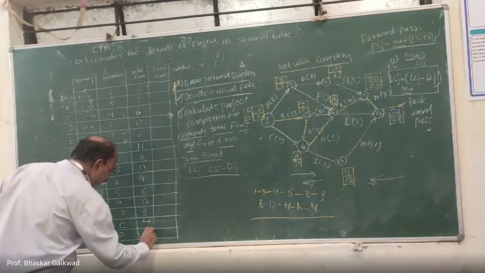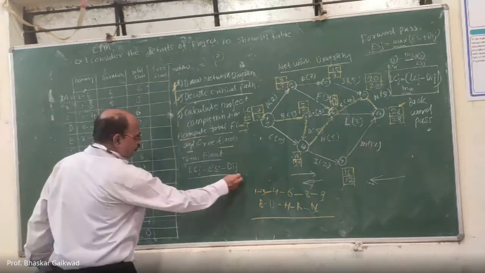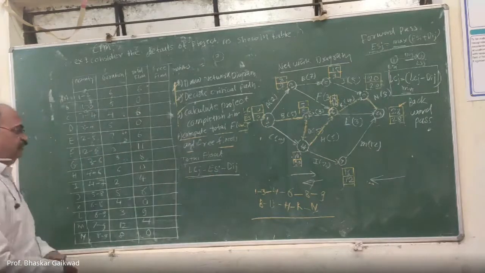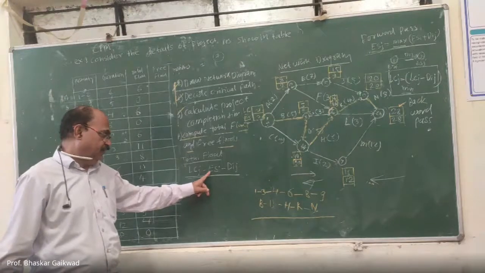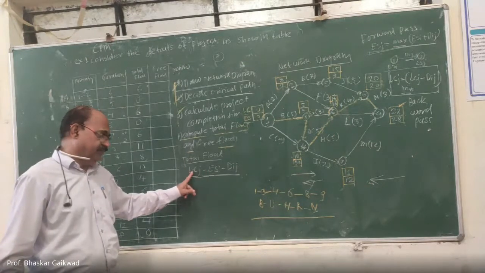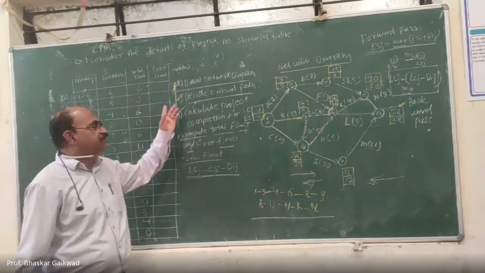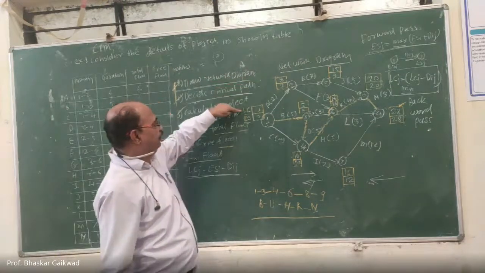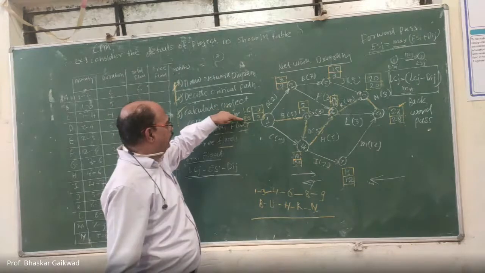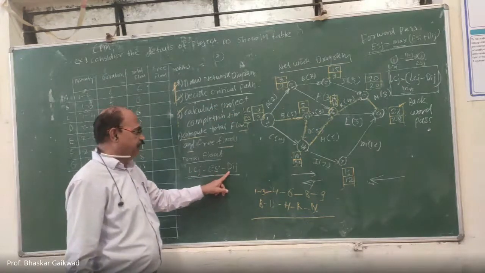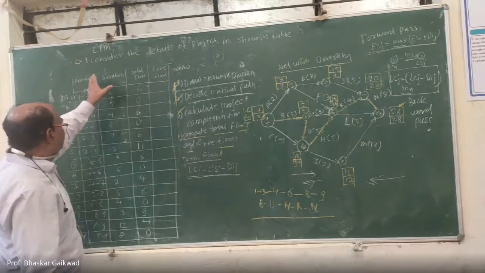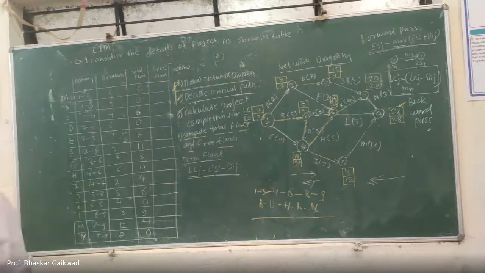So this is called total float. Head minus tail earliest start time. This is the latest completion time. LC means upper part. ES means lower part. So upper part minus lower part minus duration. For each activity you will get the total float. Okay. Now we have to calculate free float.